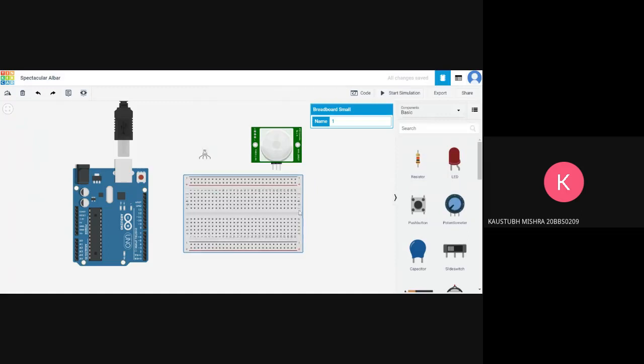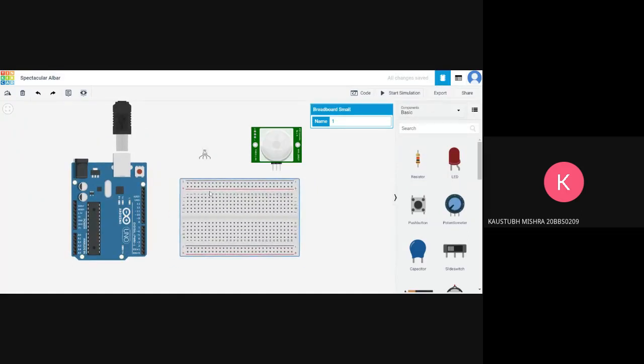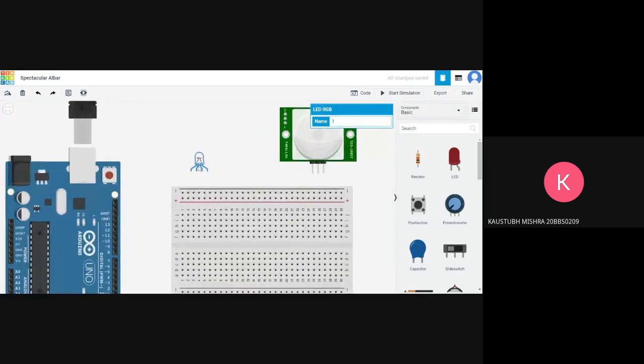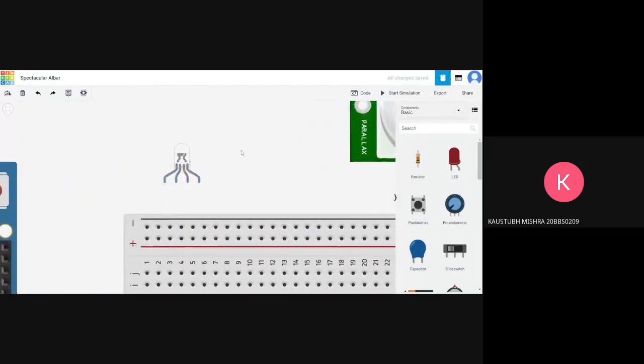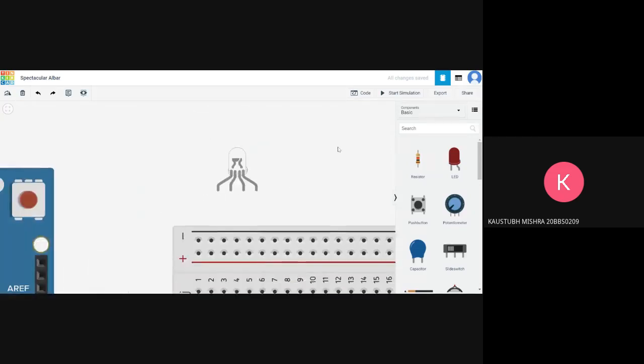So in this, we will be using obviously the Arduino, a small breadboard, an LED, but as you can see, this LED has four terminals as compared to two. What is this for? This is the red terminal, the blue terminal, the green terminal, and the cathode, which is connected to ground. So these are self-explanatory. This is actually an RGB LED. So you power the red terminal, and the LED glows red. For the blue, it glows blue, and for the green, it glows green. And using the combination of these three, we can achieve almost any color on this LED.